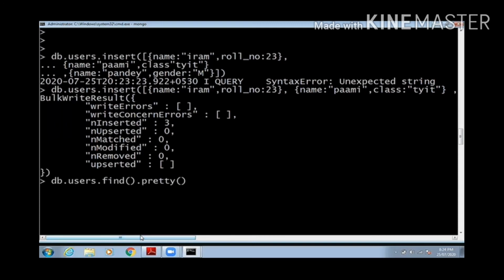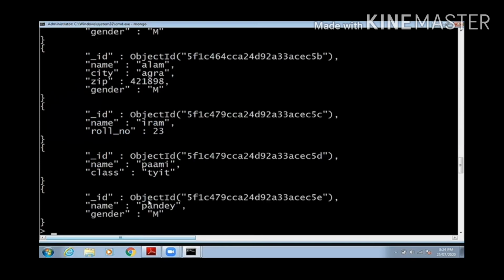So we'll go find.pretty, and the last 3 records are there, Iram, Pami and Pandey. If you are going to insert multiple documents in one go, please use the square brackets before the curly brackets so that it will go as multiple documents. If you forgot to use that square bracket, only the first document will be inserted, the rest of the documents will be ignored.